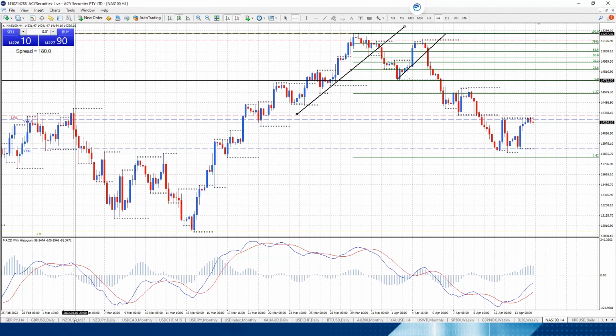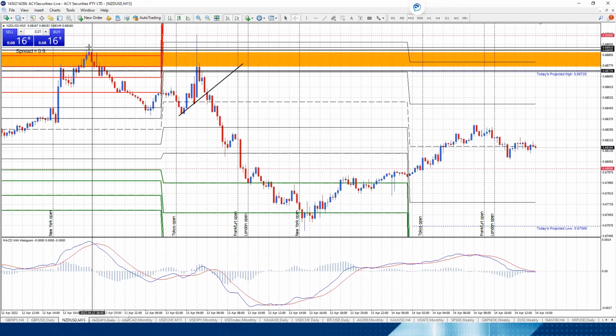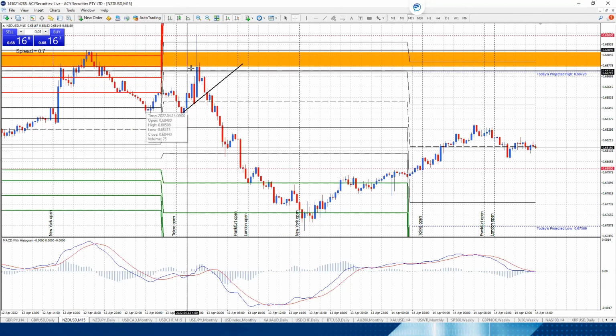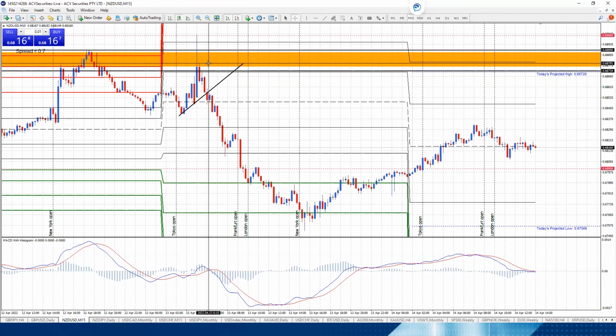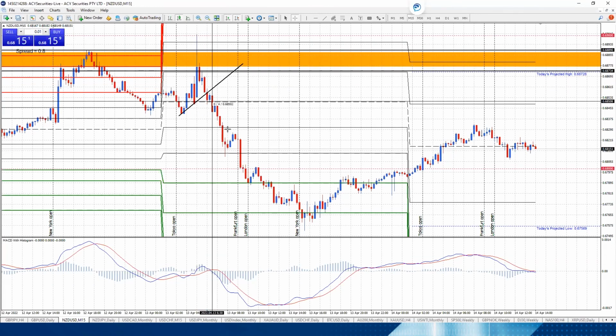But if we zoomed in on, say, a 15-minute chart on this New Zealand US dollar, you'll see this region, this major level of daily resistance. And we're seeing this similar type of approach. This was when they came out and announced an interest rate hike, up to a double interest rate hike, as in 50 basis points, double what they were expecting or forecasting. And it reached this major level of resistance, and we get a trend line break,